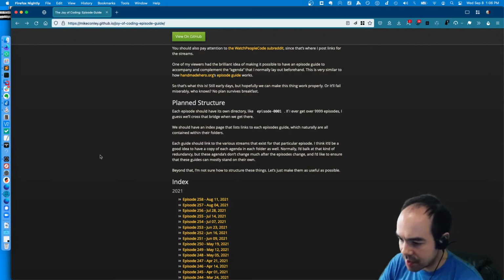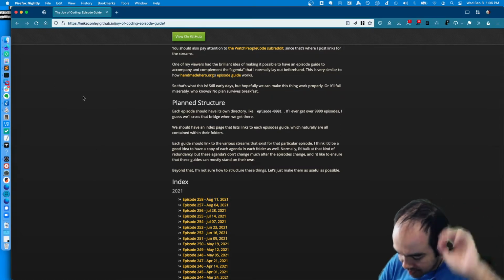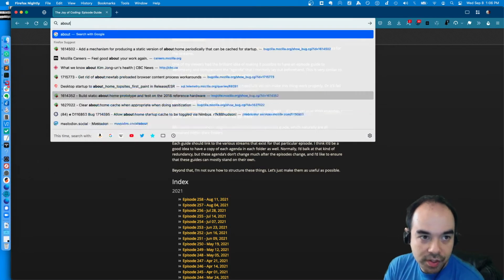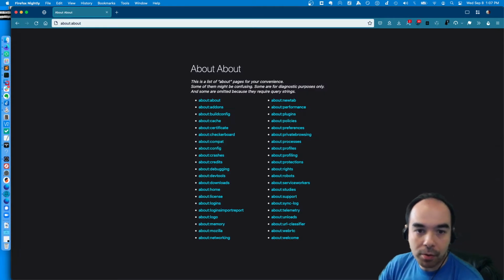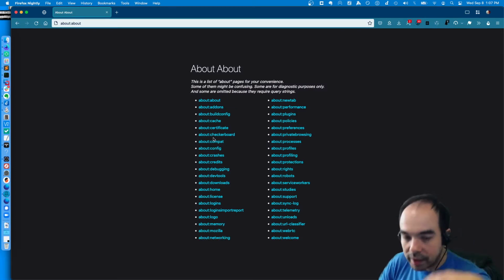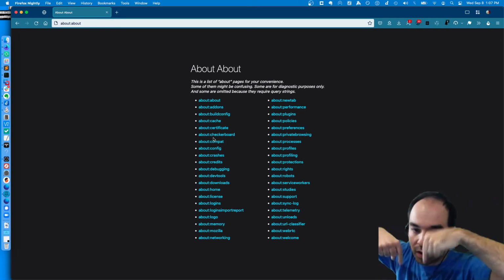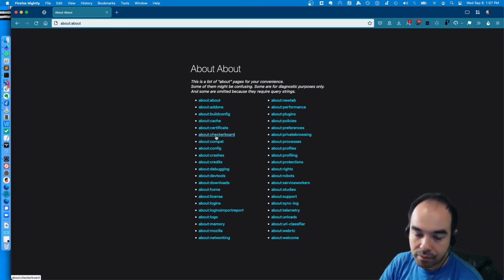But instead, I want to focus on something else, which is something that if you are using Firefox Nightly, you might not have realized, but there's a new about page. So there are all these internal about pages. All of these about pages are locally hosted. They're not pointing to websites out on the internet. They are internal documents that do various things. They have elevated privileges and they can do various things. Like, for example,